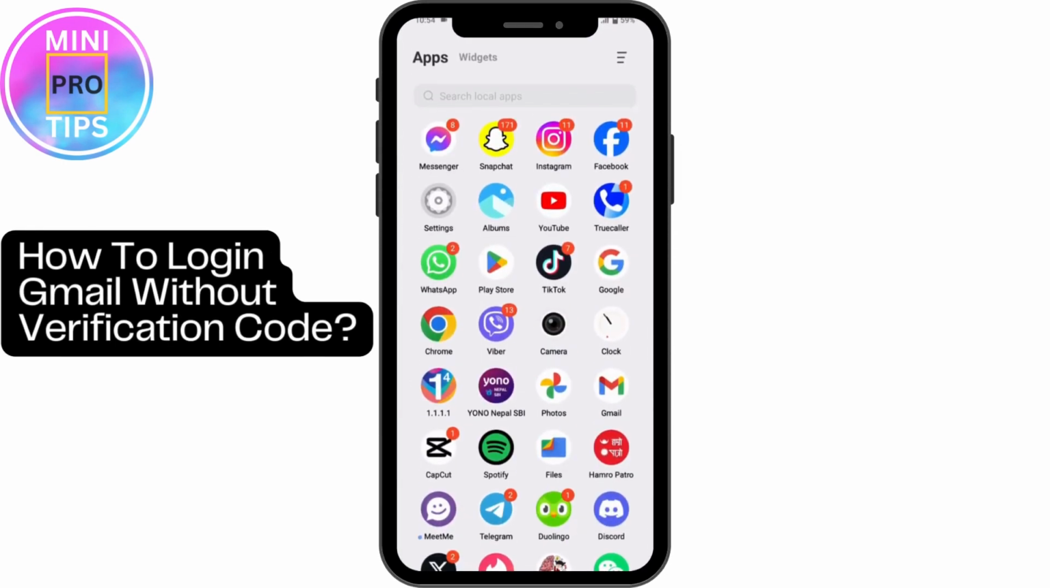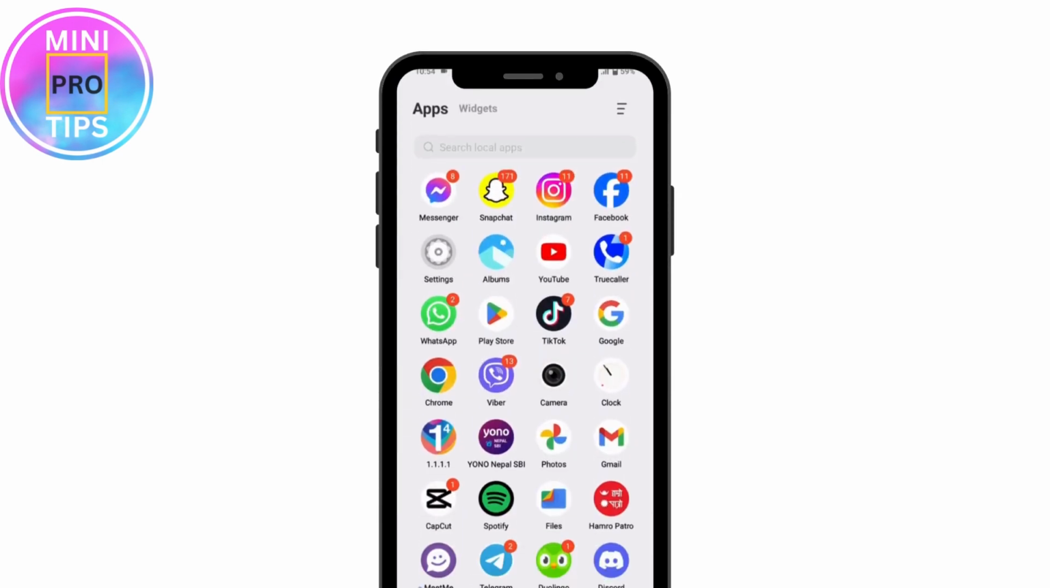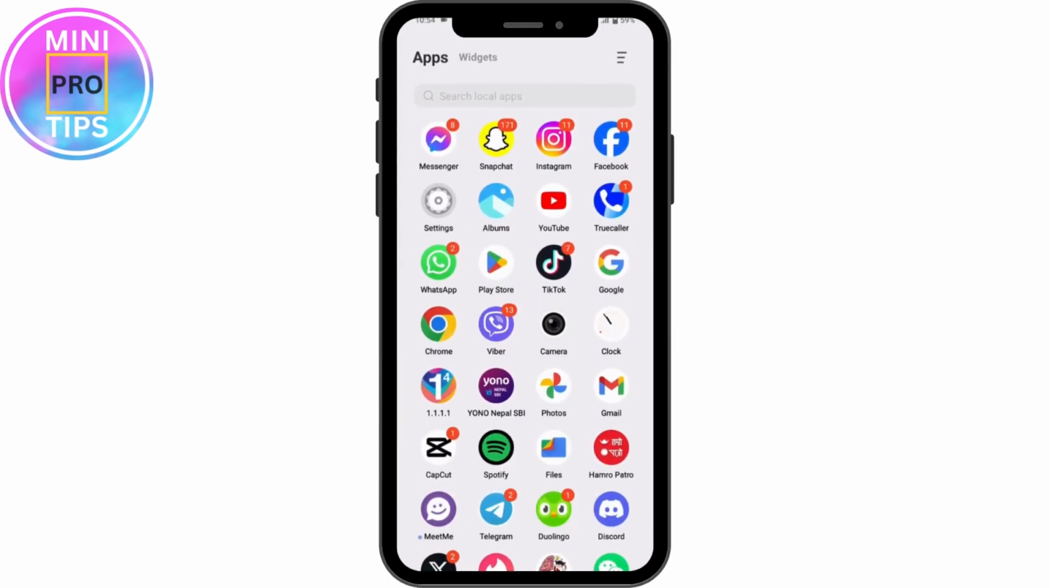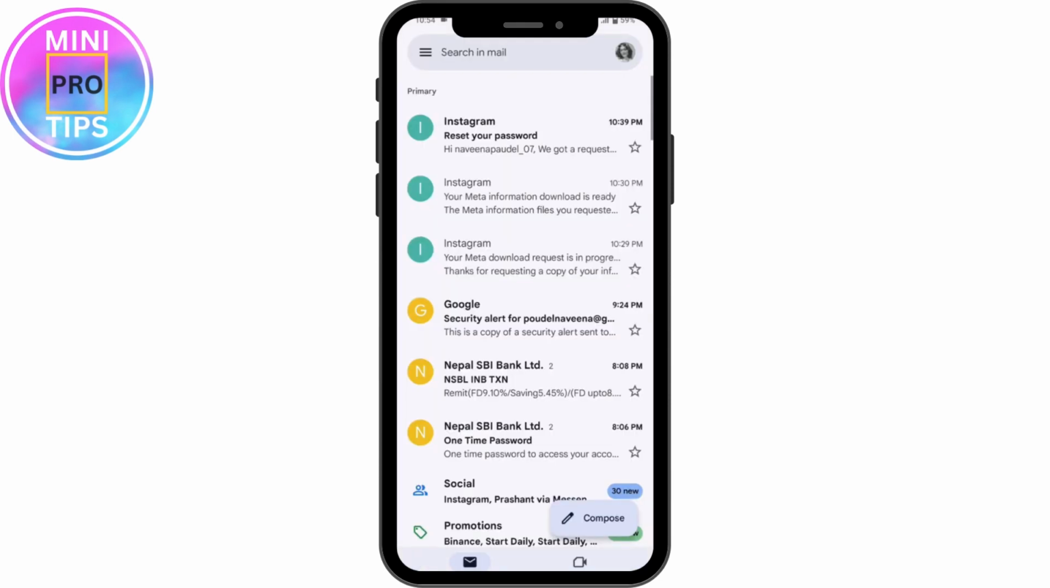How to log in Gmail without the verification code. So if you want to log into your Gmail account without the verification code, then first you need to simply open up your mail application. So let me tell you one thing, that if you want to log in Gmail without the verification code, then